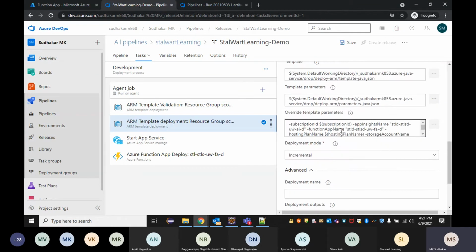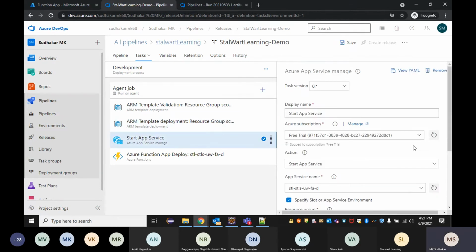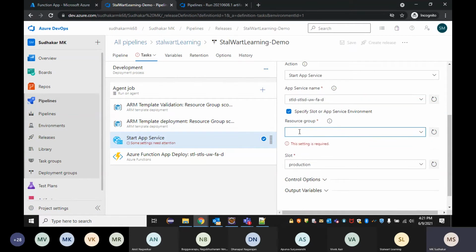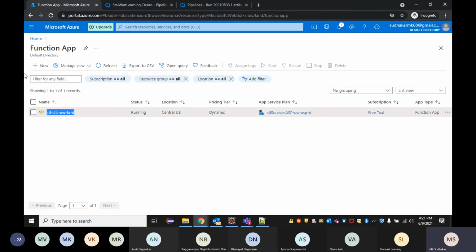Okay, so this is my function app name. Now I might need to change this name somewhere else too. So I'll put it here and get the Stalwart name here.